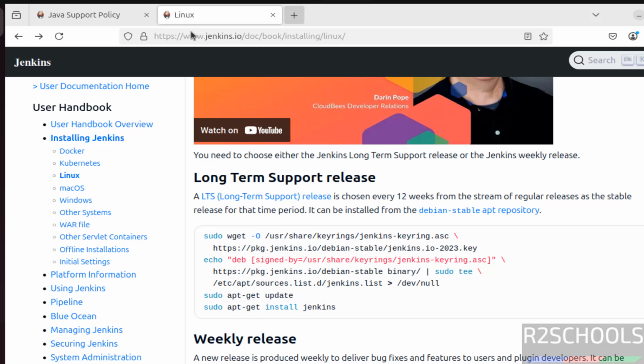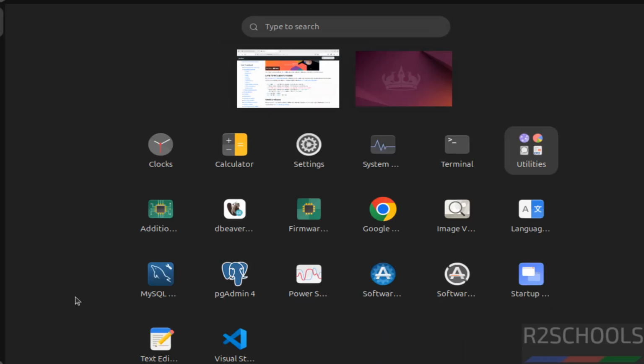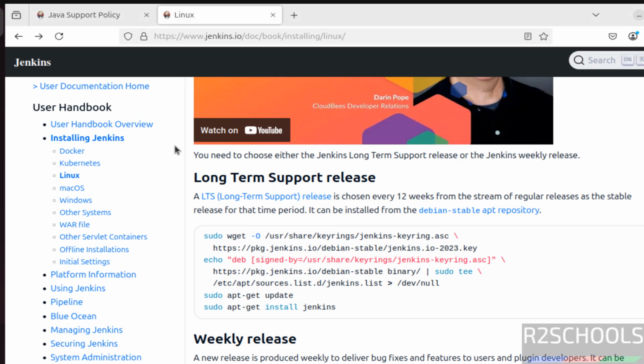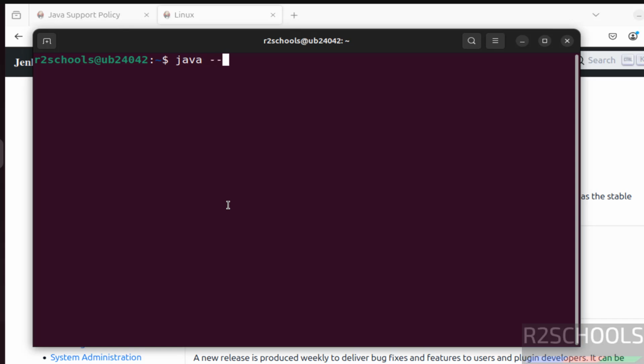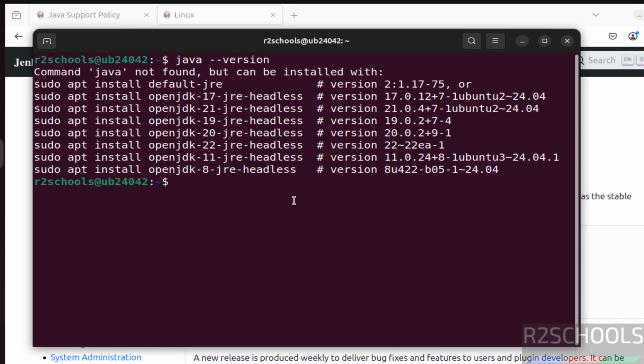So first open terminal, verify whether Java is installed or not. java --version. See, Java is not installed. You can install OpenJDK by running this command. So I'm going to install Java JDK by using this command. So copy it,